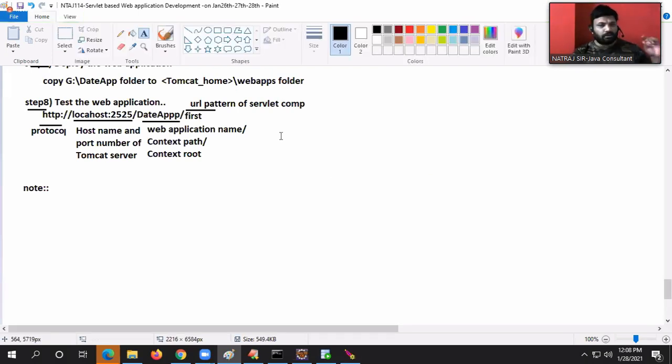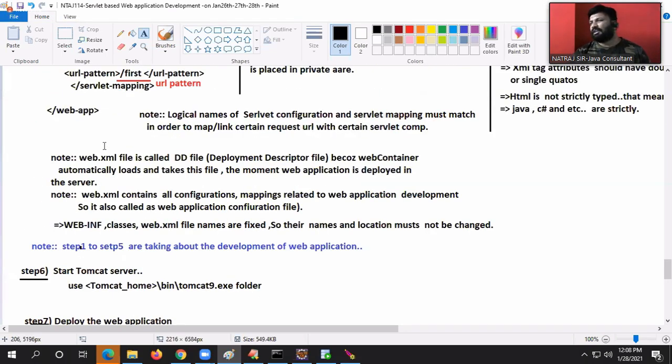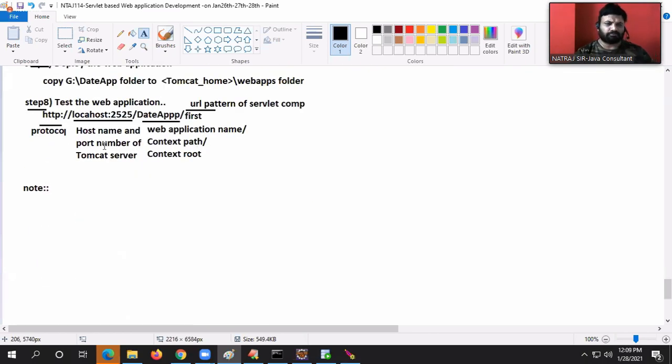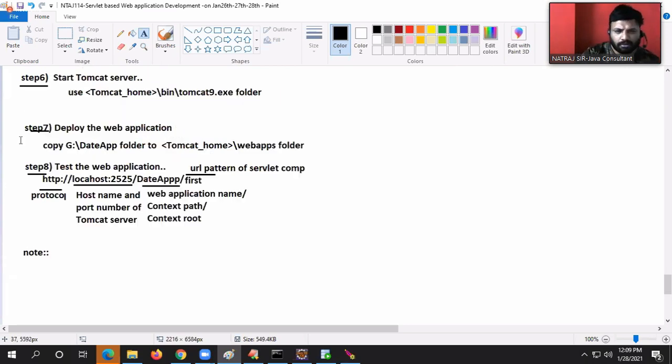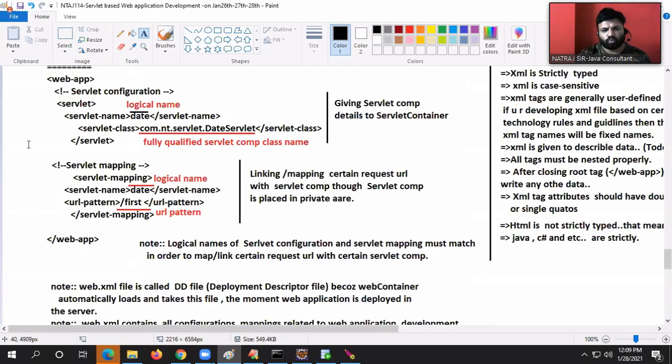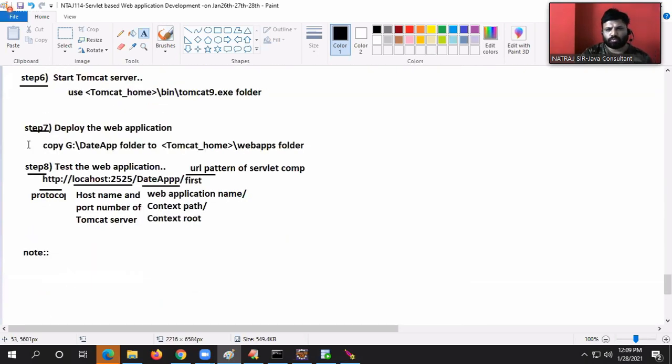See, boss, are you going to create our servlet class object? Are you going to create request and response objects? Nothing. Everything is taken care of by the underlying server automatically or not. Come on, guys. Are you with me? Convinced or not? Okay. So these are the steps that we need to follow, guys.